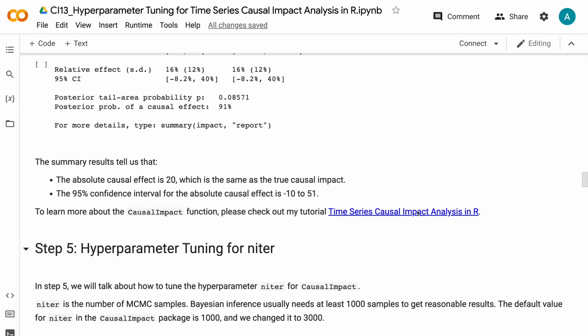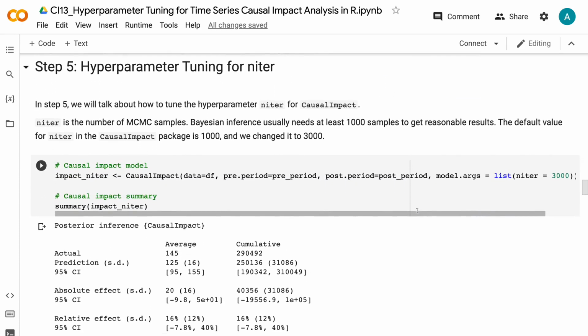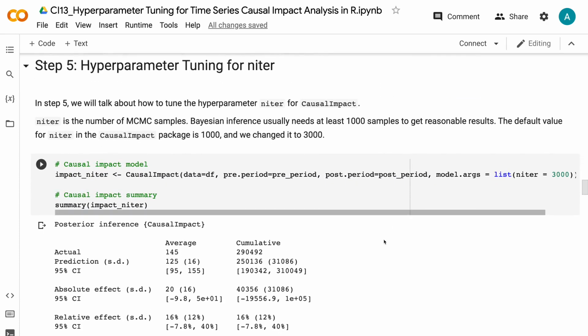In Step 5, we will talk about how to tune the hyperparameter niter for causal impact. Niter is the number of samples, 2,000 by default. Bayesian inference usually needs at least 1,000 samples to get reasonable results. The default value for niter in the causal impact package is 1,000, and we changed it to 3,000. The results show the absolute effect of 20 and the confidence interval of -9.8 to 50, which is very similar